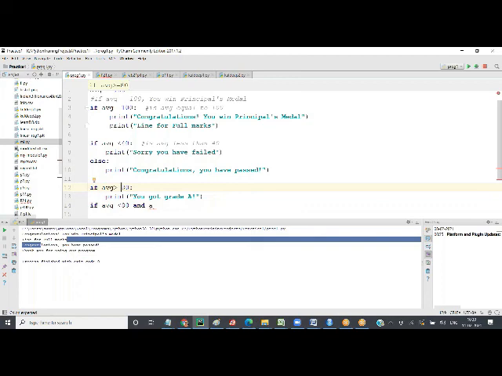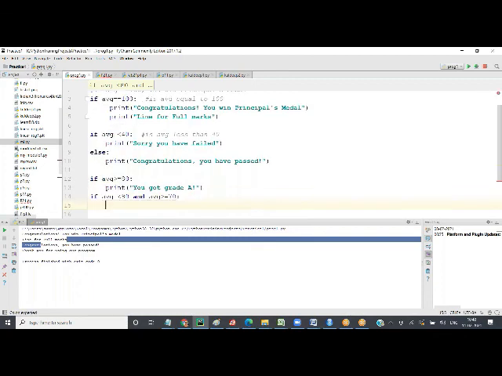If you score 80, you won't get any grade. Here I'm saying if AVG less than 80 and AVG greater than or equal to 70, print you got grade B.